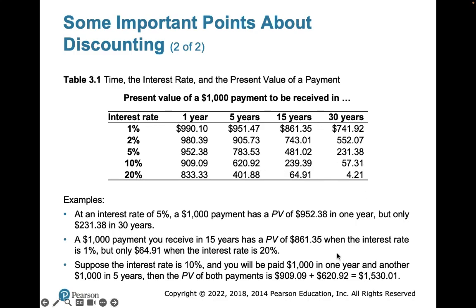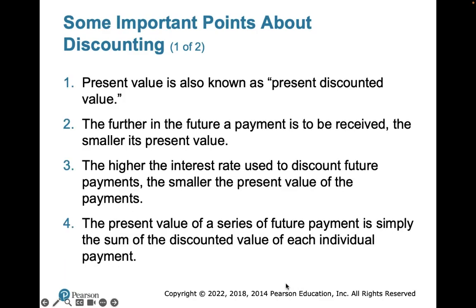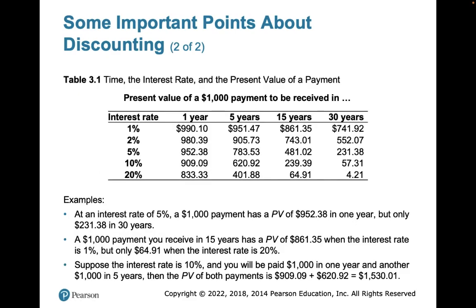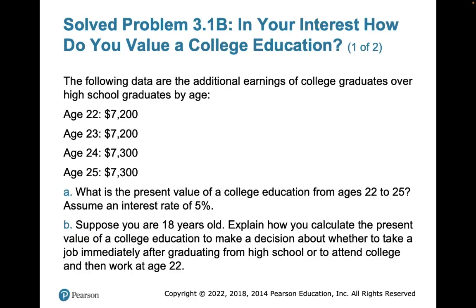So this explains all of this: the further in the future the payment, the smaller the present value. The higher the interest rate used to discount a future payment, the smaller the present value of the payment. And then point number 4: the present value of a series of future payments is simply the sum of the discounted value of each individual payment. So we're going to look at